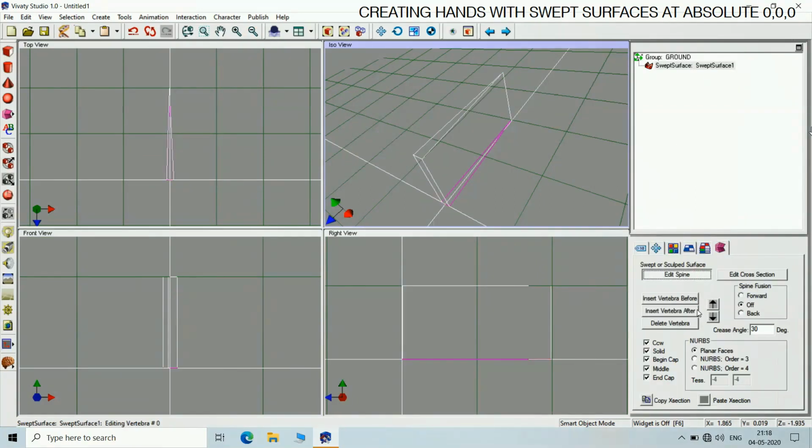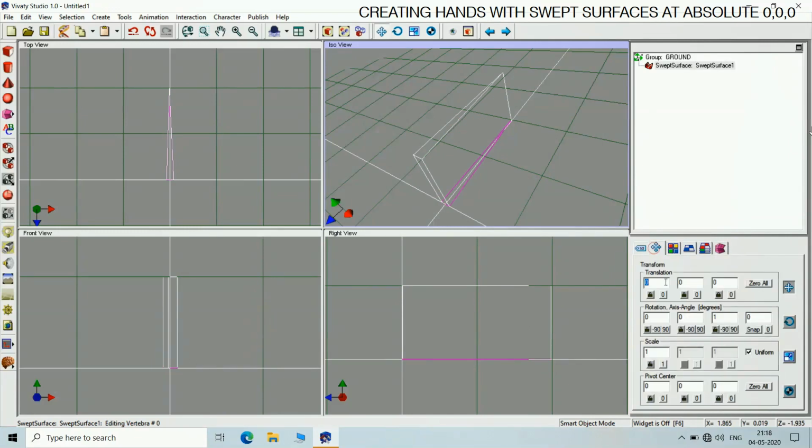Now we have to restrict this extrusion, so I'm using edit spline and I will restrict it to 0.95 on the y-axis. 0.95, so I want it very thin.